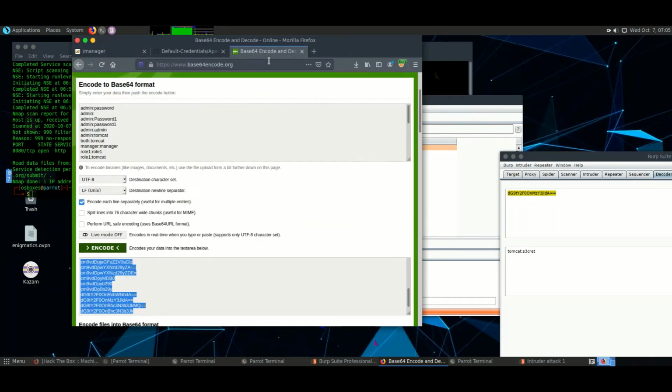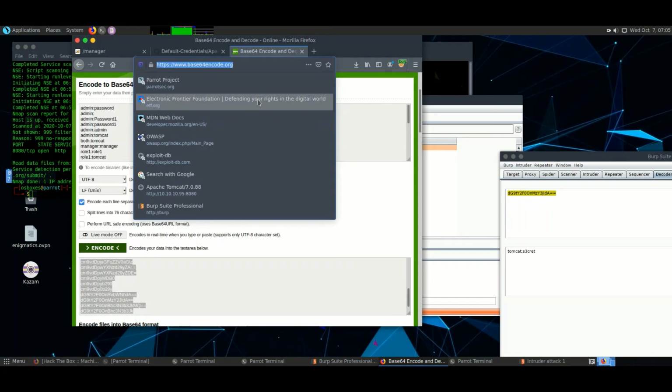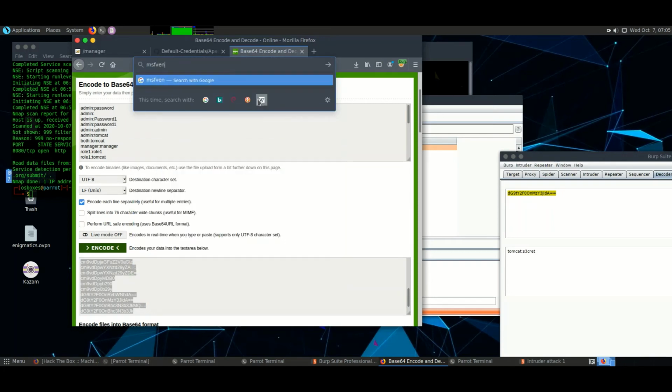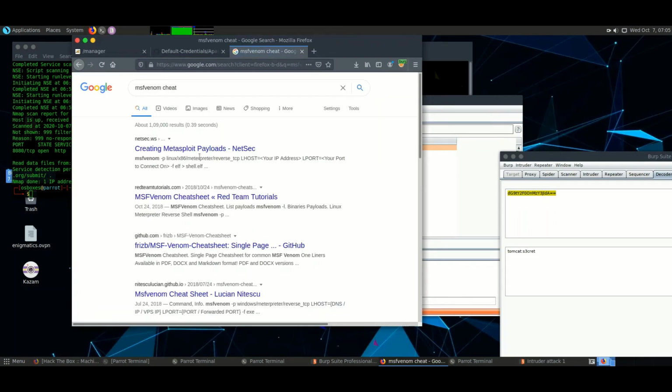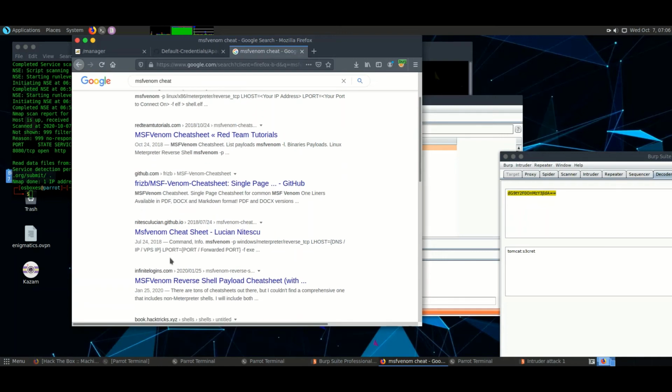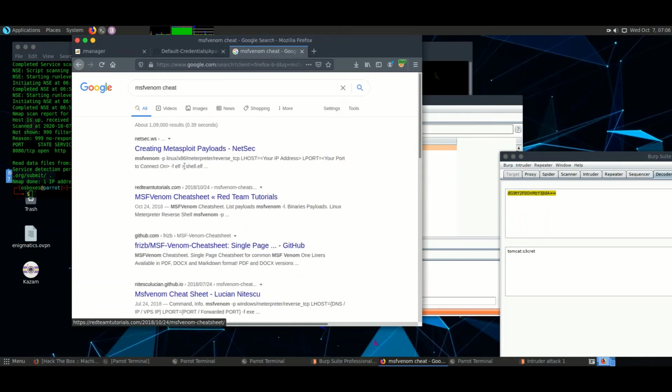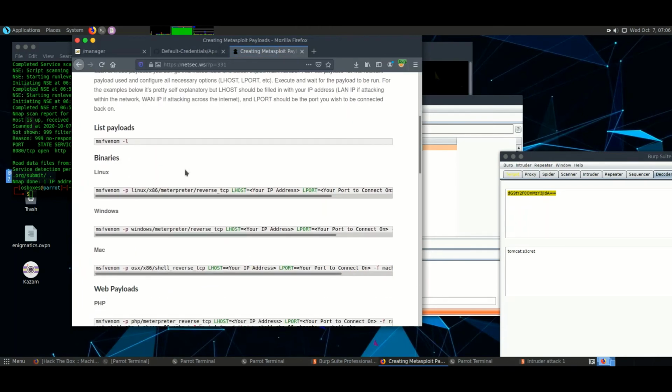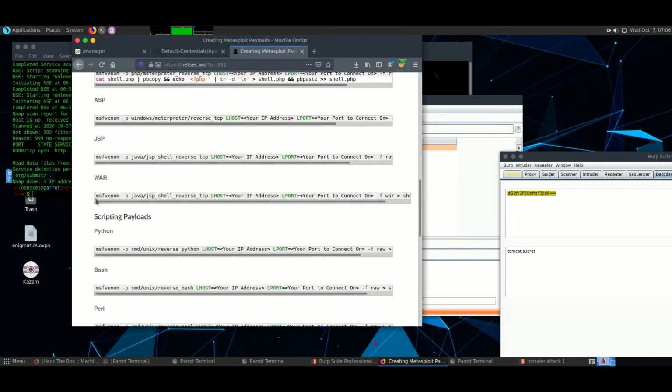We can go for msfvenom here. I basically prefer msfvenom cheat sheets. It makes our work very easy. First one is good, I think. Searching for WAR, found. Okay, what happened? Okay, copied.